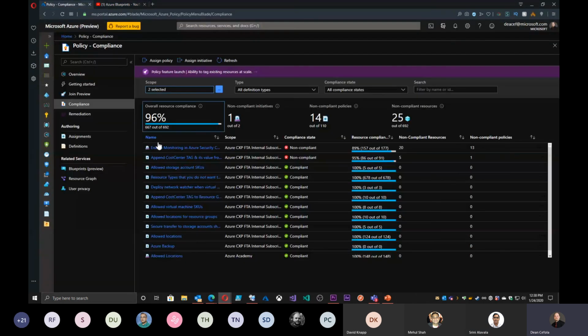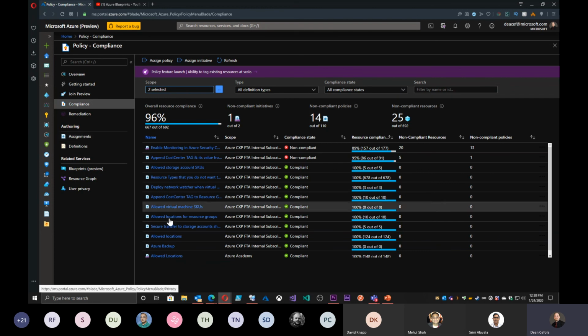So something like VM encryption, note that's not in the blueprint currently, but there is a policy for that, so you could just add that to the blueprint. I didn't originally add that because there are some folks who don't want to use Azure VM encryption because that uses our particular encryption service on top of BitLocker. They have their own encryption methodology, and Azure is encrypted at rest by default, so that wasn't something that I originally included. But that's something that we can definitely explore adding because I'm working on V2 revisions of both of